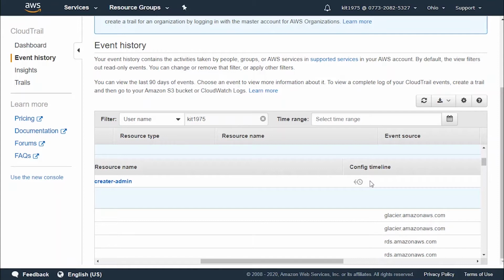Now, if the icon is gray, this means that AWS Config is not turned on or it's not recording the resource type. Choose the icon to go to the AWS Config Console to turn on the service or start recording that resource type. Okay, and if link not available appears in the column, the resource can't be viewed for one